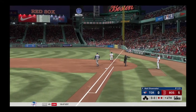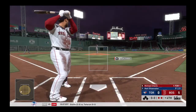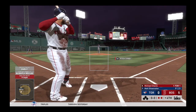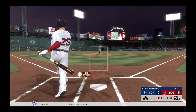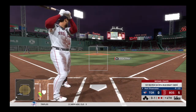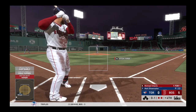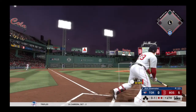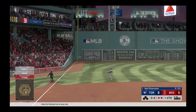On to first, and they turn the double play. The first baseman, number 23. So 2 gone now here in the Red Sox fourth, and Michael Chavis will step in at the plate. Here's the first pitch to him. 5 runs, 7 hits, and no errors for the Red Sox to this point. Oh, this is hit high and deep out to left. And he will get there to make the running play, and that will...